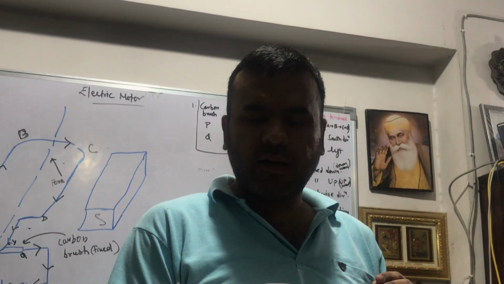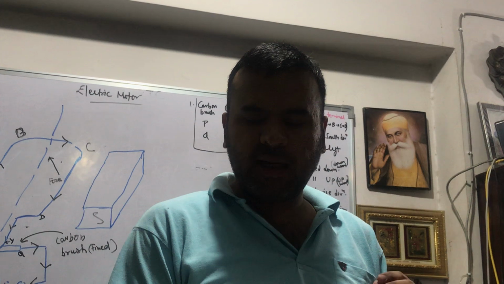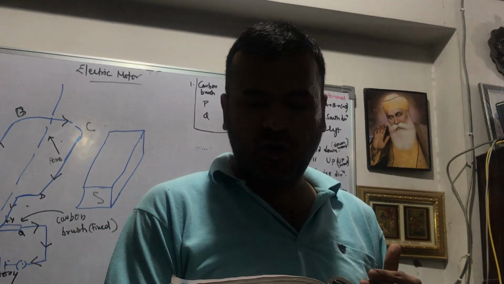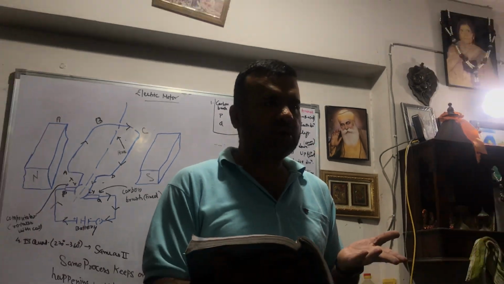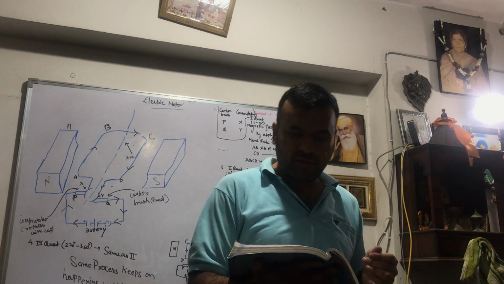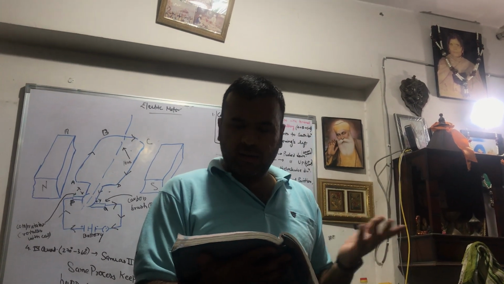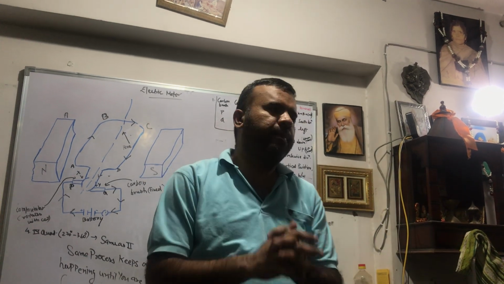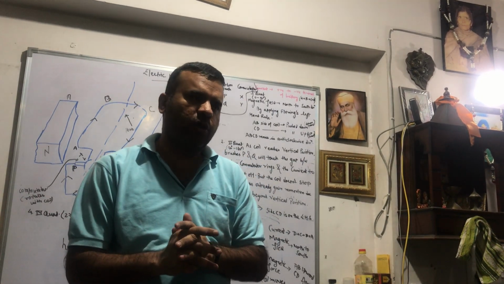It should be noted that the current flowing in the other two sides, AD and BC, of the rectangular coil is parallel to the direction of the magnetic field, hence no force acts, because the value of sine 180 comes here, that you will study in class 11th, right? And this is the simple construction, working principle as well as the function of the electric motor.